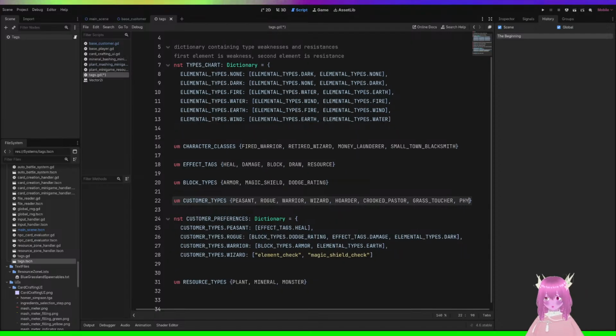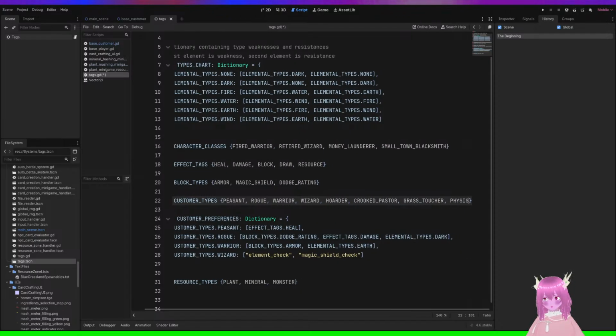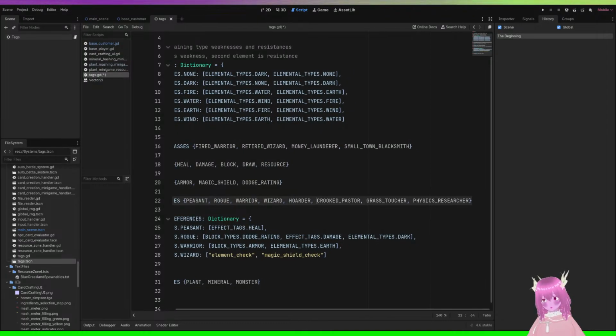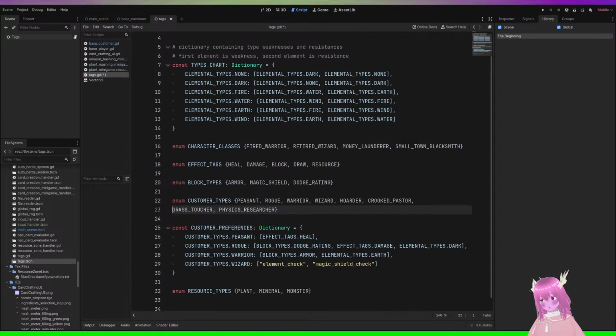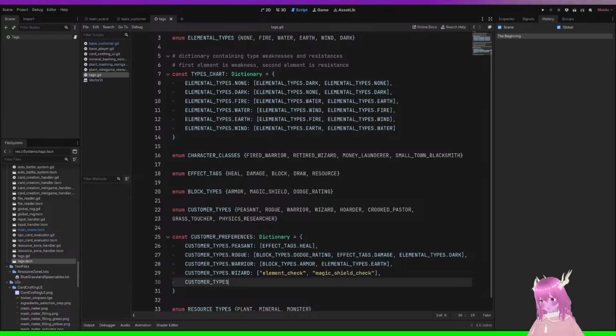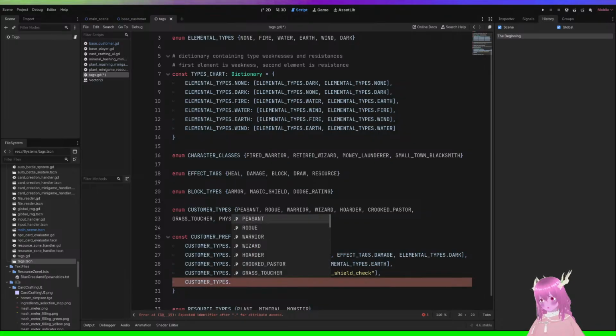And then there's a physics researcher. And can I hit enter here without it breaking? Oh, good. So those guys will be different. These guys will be different. It will be customer types dot hoarder.